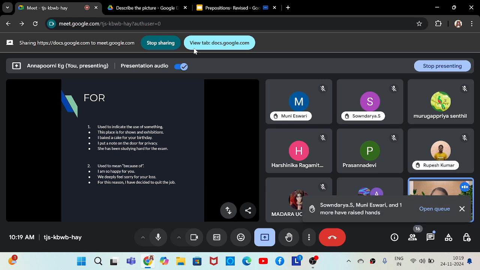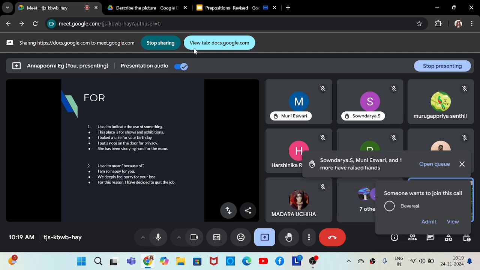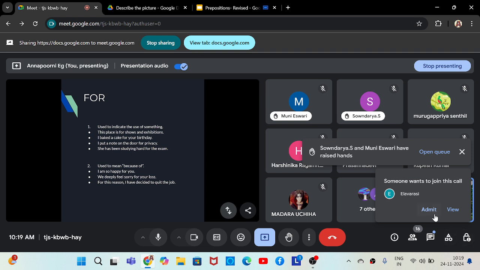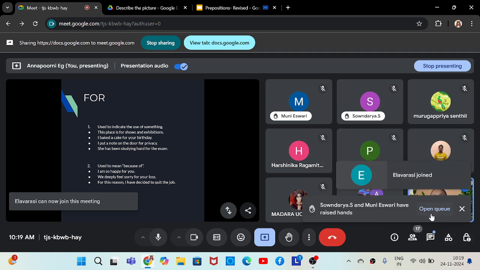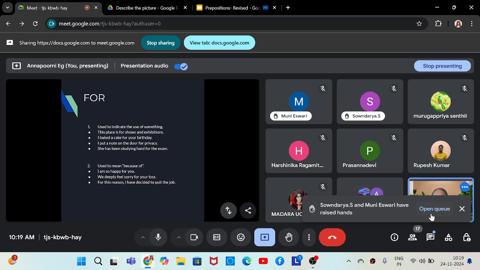So we already know what are conjunctions. Okay, so for அப்படிங்கிற conjunction, it comes in the category of coordinating conjunctions, and it has the meaning of a conjunction. It has the meaning of which conjunction? Because. Very good. For is very similar to because. It's not similar, it is the same. For and because have the same meaning. That's why we call it a preposition as well as a conjunction. Because is a conjunction, right? So for is also a conjunction. Sometimes it is also a preposition.